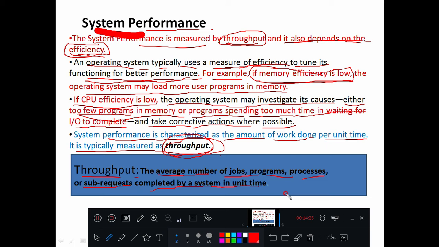But hard work like road construction and building construction will take a longer time. In that case, the time unit will be in terms of months, even years. So system performance is the average number of jobs completed per unit time. You can compare this throughput anywhere. You can take any example and say what the throughput of that is with respect to time. Efficiency measured with respect to time is nothing but throughput. So we'll move to the third topic, that is user service.